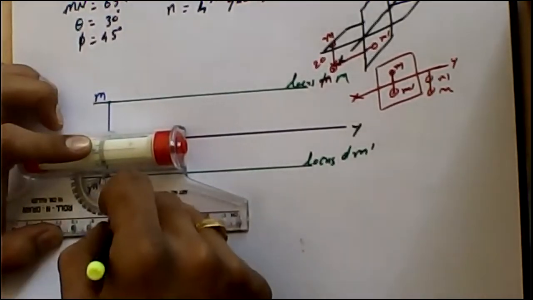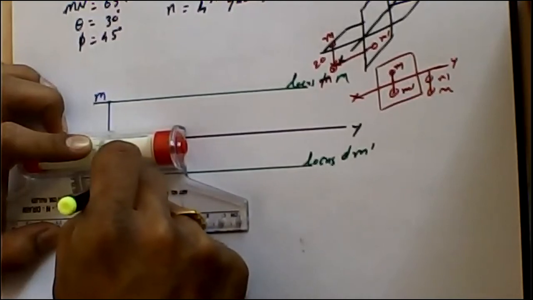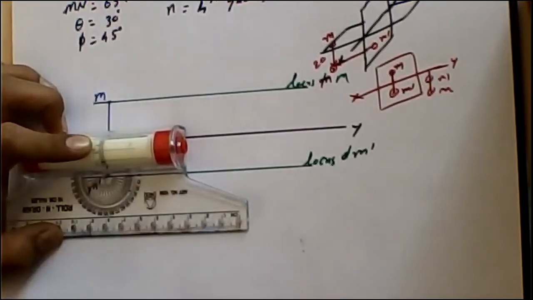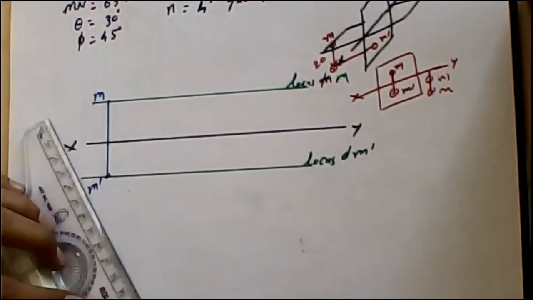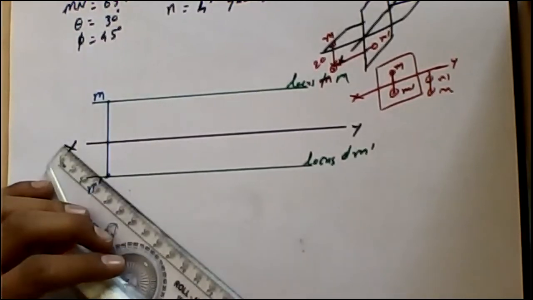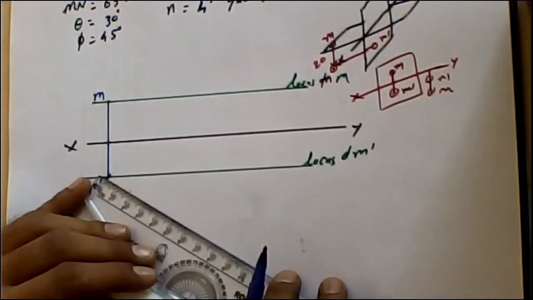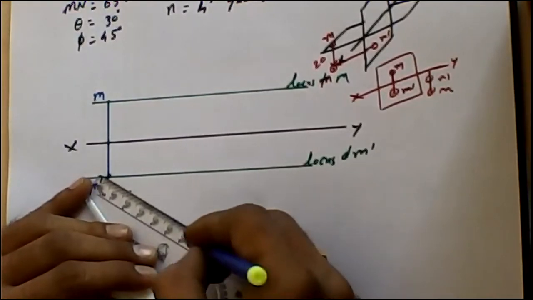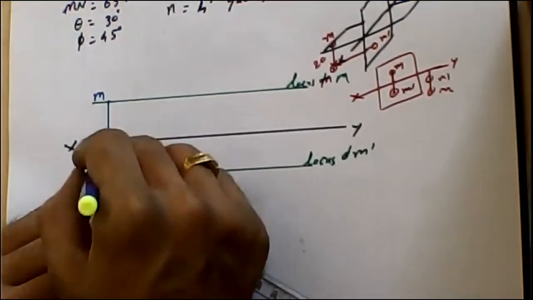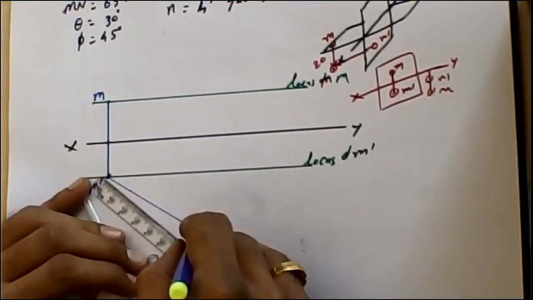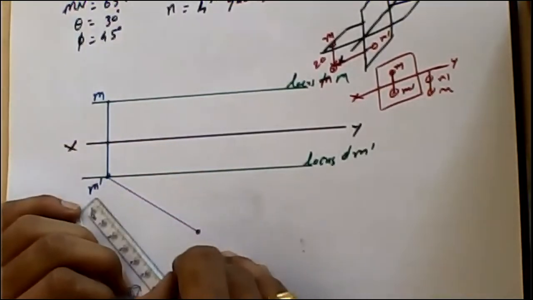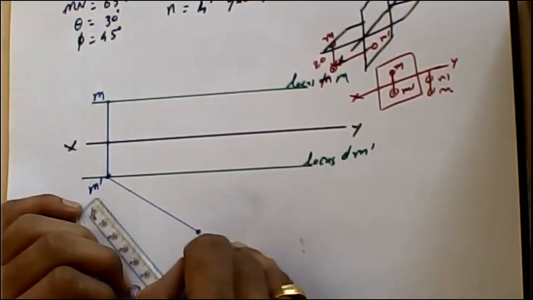From this region I am going to draft a position at 30 degrees, and from there I am going to sketch a line having a length of about 65 mm. And at the end of it, I am going to mention that location as N1 dash,